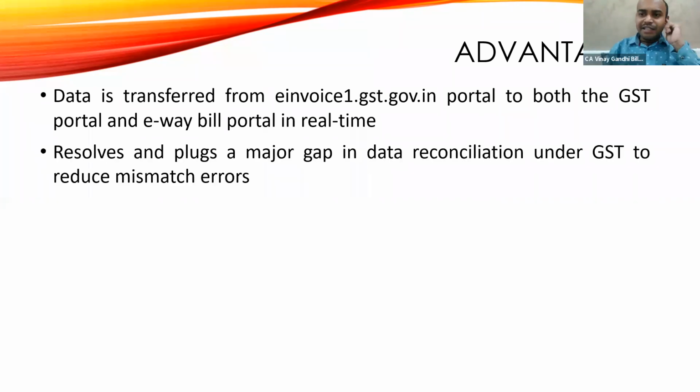And again, data reconciliation improves, because mismatch errors will be reduced, because the person who receives that invoice can verify on a real-time basis whether my GST number is really there or not. If my GST number is there in that e-invoice, it will automatically flow into the GSTR1 of my supplier, and unless the person deletes all my invoices and punches them afresh, my credit will also be there in GSTR2B.